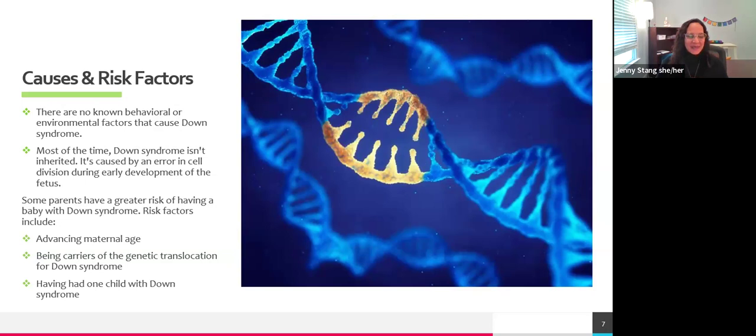Okay, so let's go ahead and talk a little bit more about advanced maternal age. A woman's chance of giving birth to a child with Down syndrome increases with age because older eggs have a greater risk of improper chromosome division. And I'm sure most of you know a woman is born with all the eggs she will ever have. So if she's 35 years old, that means her eggs are 35 years old. Okay, it doesn't mean that the woman herself is old. It just means that her eggs are older because she was born with them. So they're going to be the same age as she is.